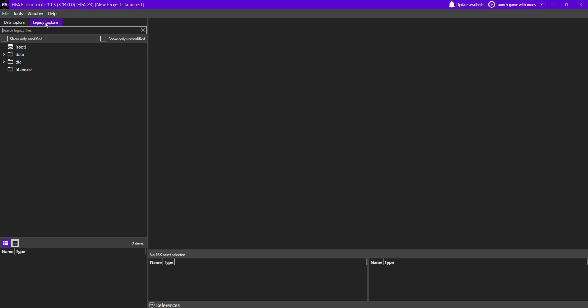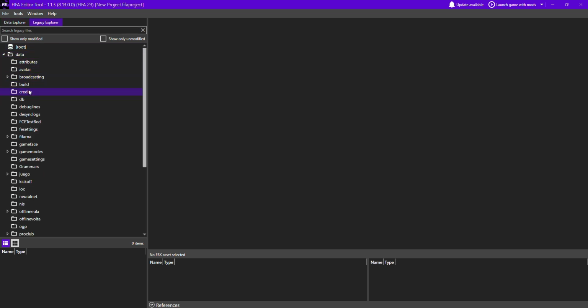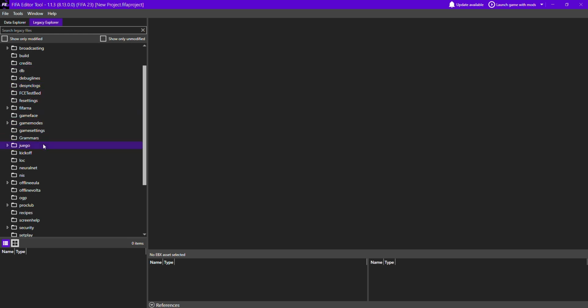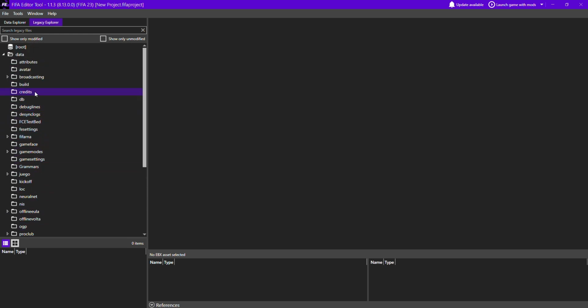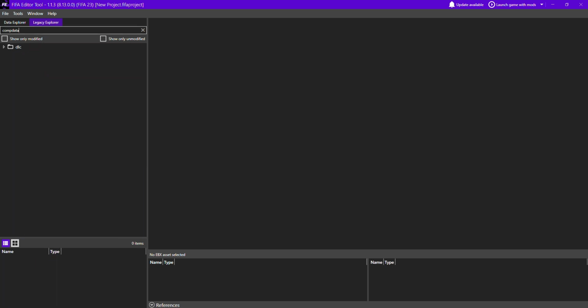Oh geez, test my memory here. I believe it's under Legacy Explorer Data. Oh geez, I don't remember. It's under CompData or something here. DB and then CompData. Here, let me search. DLC, football, comp, data, CompData. There it is. Alright, yeah, so you can search for CompData, go in the DLC legacy, find CompData, and then